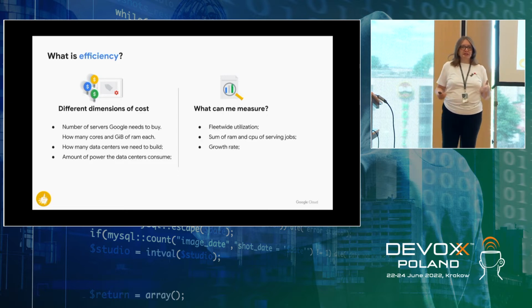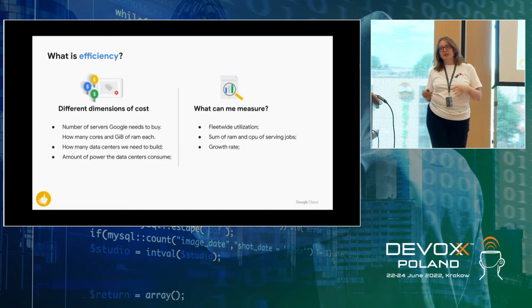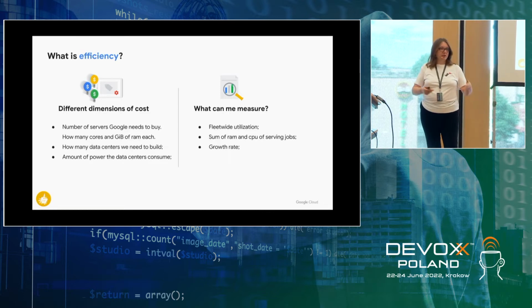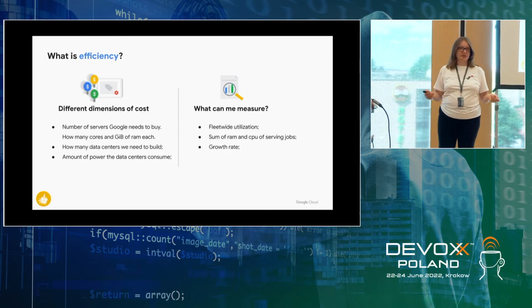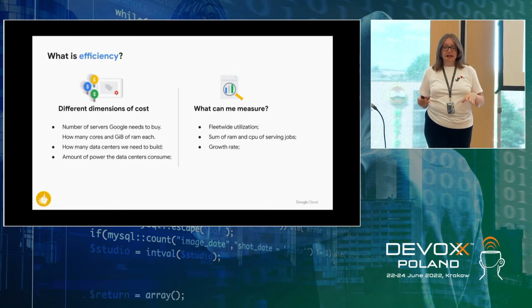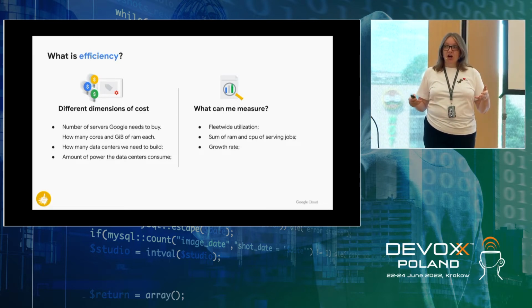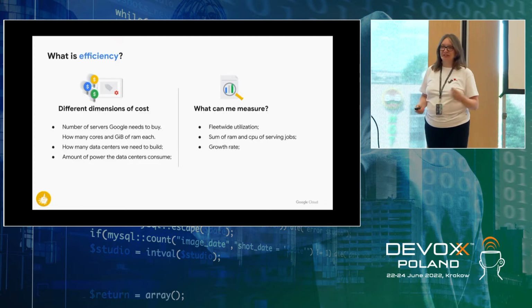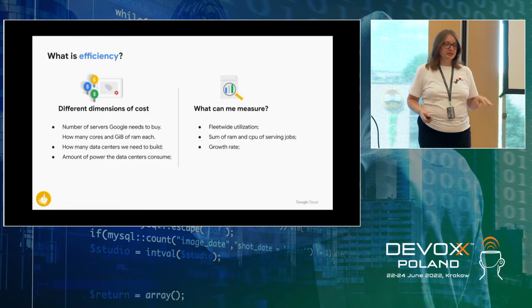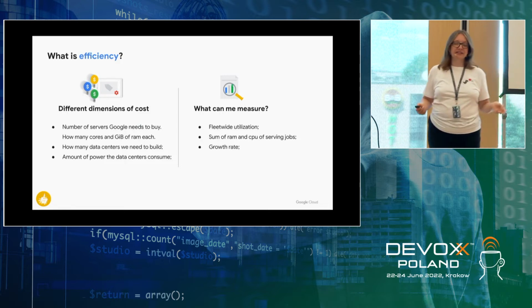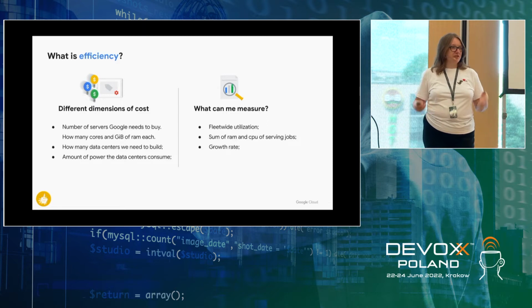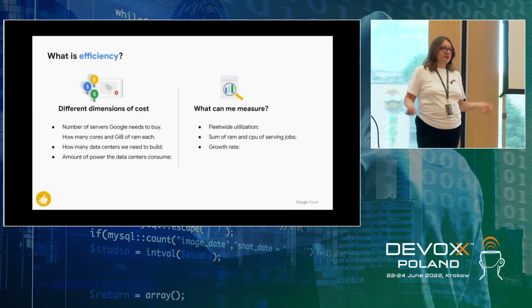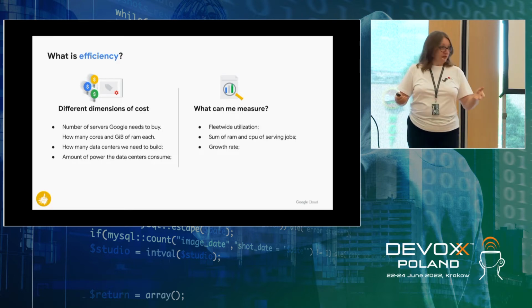And you probably can notice that those metrics are not perfect. They are only proxies. Really, when we are making a decision about a single service's shape, we are making this decision only on that level, not looking at how many data centers we need to build. So they are only proxies. And they are also imperfect because, as metrics, they can be cheated. For example, it's easy to have high memory utilization for the wrong reasons.